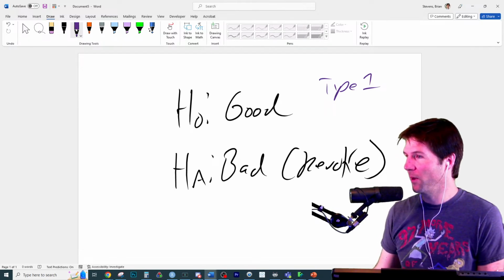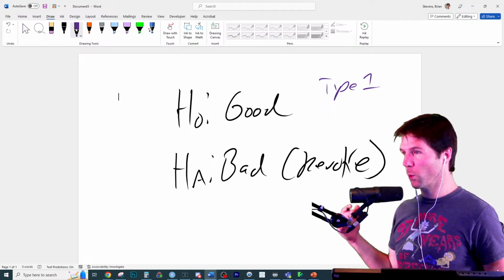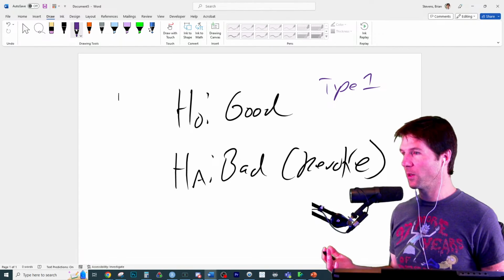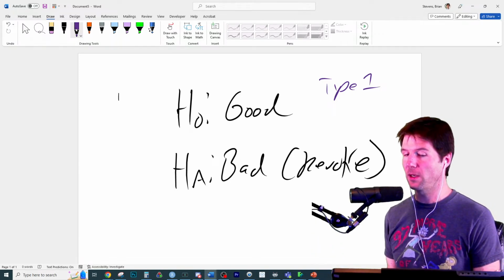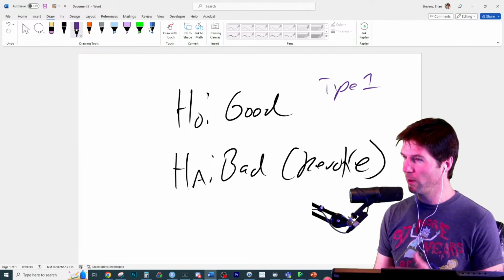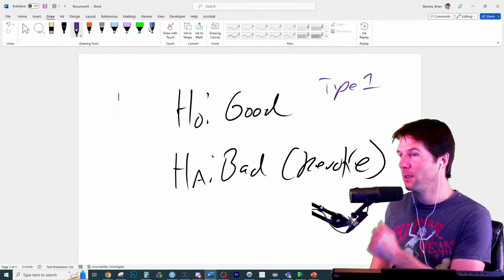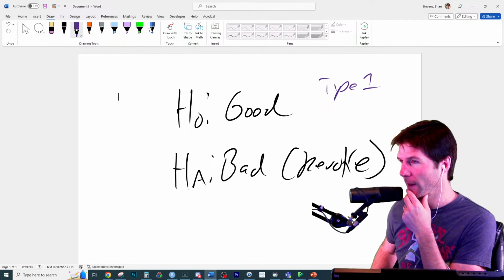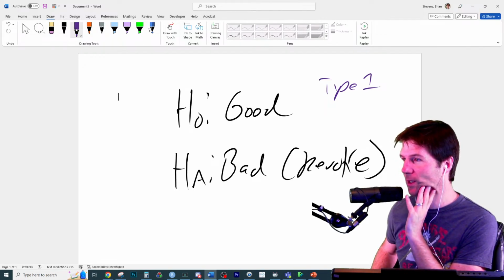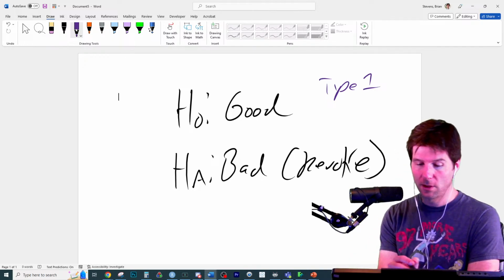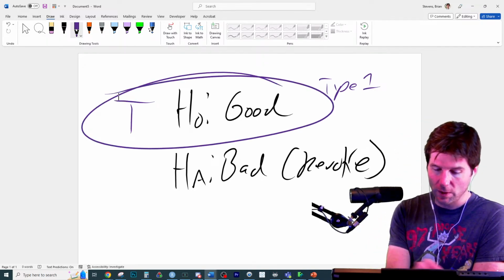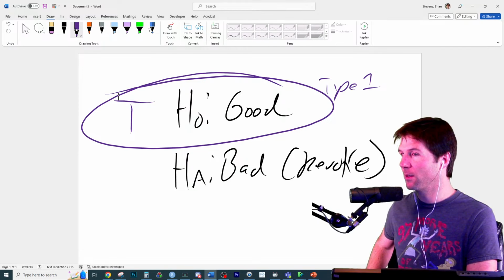So what is the type 1 error? Because we're doing this more test-relevant than solving like Pearson, because we're always trying to learn for the test. In a type 1 error, the null is true and we reject it. So what does that mean for this question? So the type 1 error, the null is true and we reject it. What does that mean? You have to look at the null and say that is true. So what does that mean?